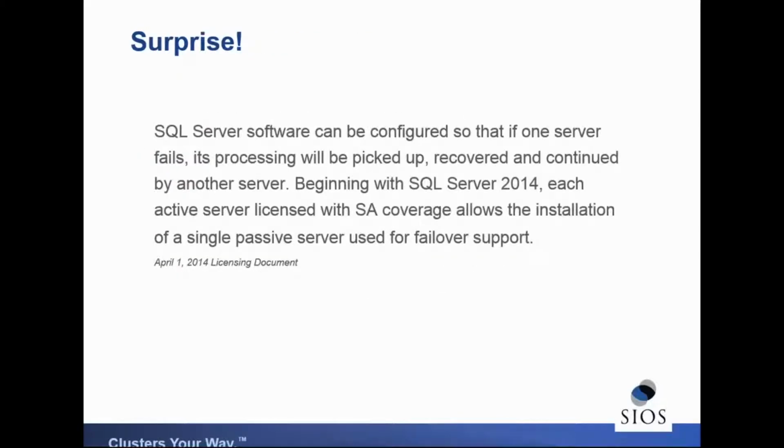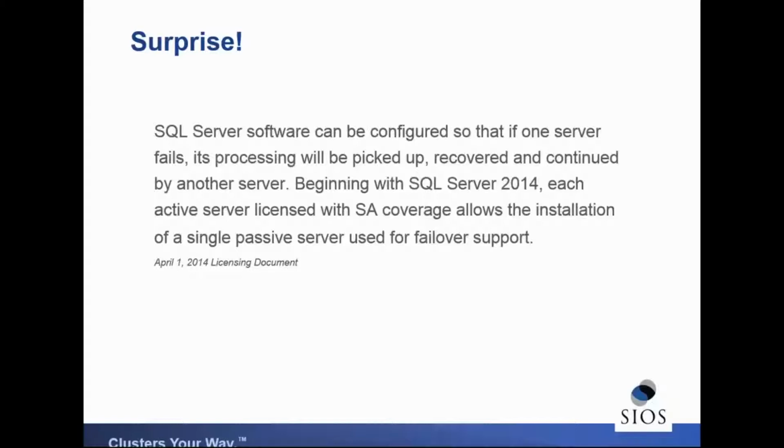So this was the surprise on April 1st that we got. It wasn't an April Fool's joke, unfortunately. SQL Server software can be configured so that if it fails, it can be recovered. So we all know this. We have availability groups, we have mirroring, and we have failover clustering. Traditionally, we got that second node free as long as we didn't use it. So, for example, with Always On availability groups, you can read the secondary databases. So if you're reading those or if you're taking backups off of them, you had to pay for that license. But if you weren't, if you were just leaving the server idle or truly passive, you didn't have to